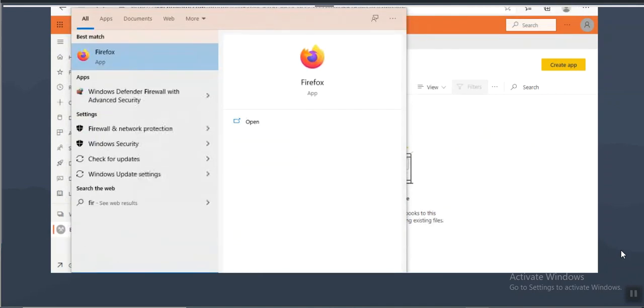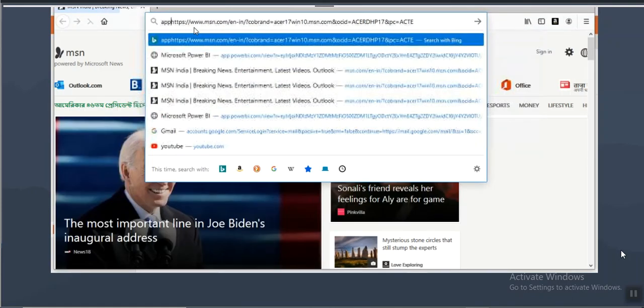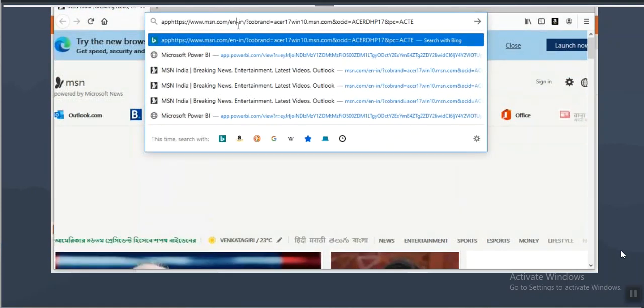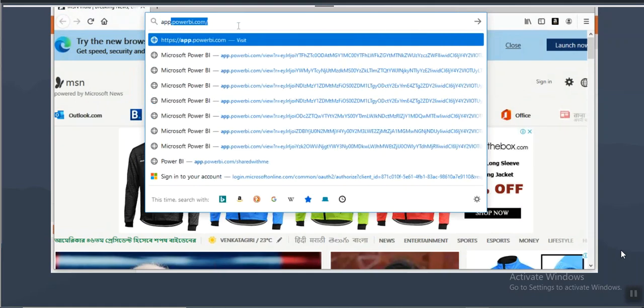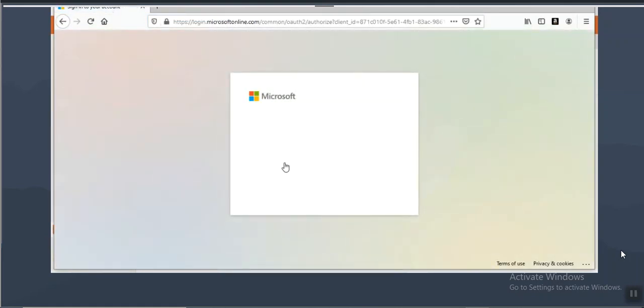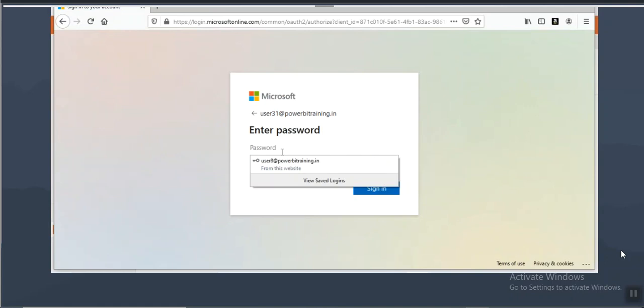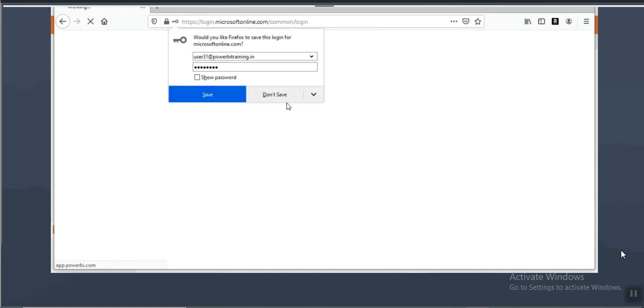Let me open Firefox. I'm opening another browser, app.powerbi.com. I'll log in with user 31. Click on next, and I'll give the password here. Now tell me, can